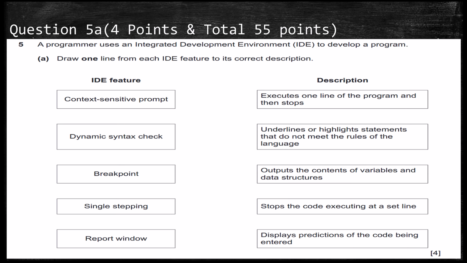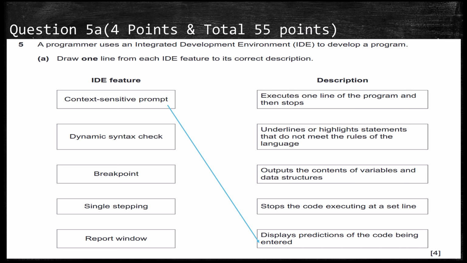Something that's not on here that you may want to check is Pretty Print. And that is the actual term, Pretty Print. And what it does is it allows you to see your code in various colors based on certain keywords that you use. You may want to study that too, because that is also a feature. It just doesn't show up on this test. So context-sensitive prompt. Well, it displays predictions of the code being entered. If you start typing in a variable name, it may say, hey, this is the variable you're trying to type in. It's going to go ahead and bring it down, it's going to show up for you so you can